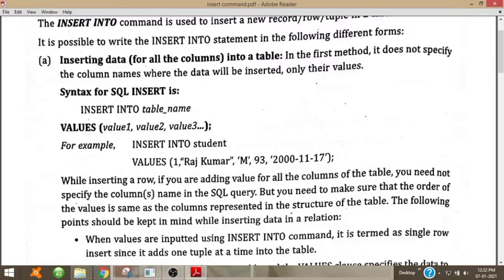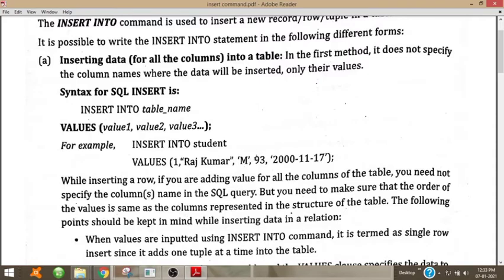Rajkumar, you can see, is enclosed in double quotes. We can enclose a string either in double quotes or in single quotes. The next one is gender, that is male or female. To represent male or female, we have to use only a single character, because during table creation we specified the data type for gender as char 1. That is only one size, only 1 byte is allocated for the character. So we cannot write male and female. We have to use only a single character, M or F.